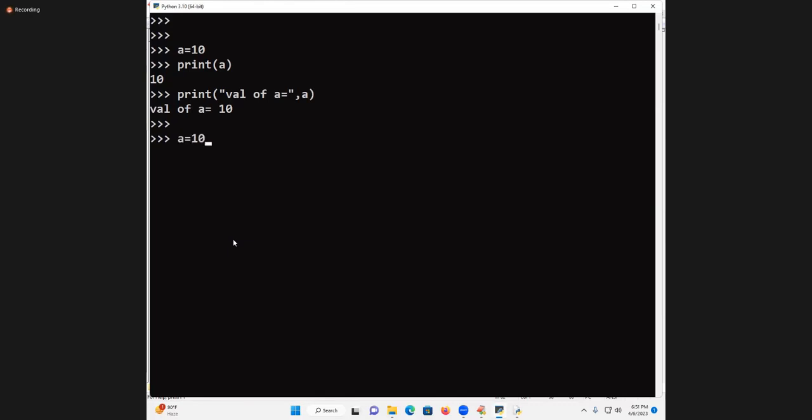What is that? A is equal to 10. Print of, write everything in double quotes only. Here what is there? Double quotes, comma, some variable, again double quotes, comma, double quotes. In total it is becoming too clumsy in the syntax. So I want to say, write everything in double quotes. What am I writing? Value of A is equal to, wherever you want to display the value, after is equal to, write one empty